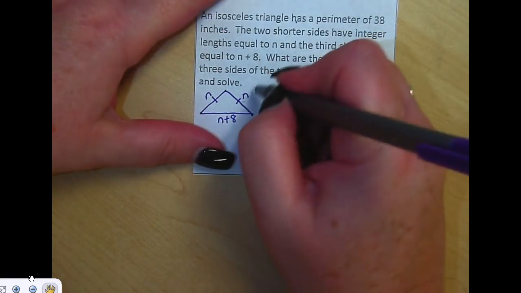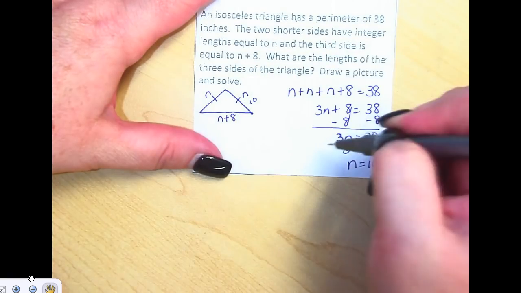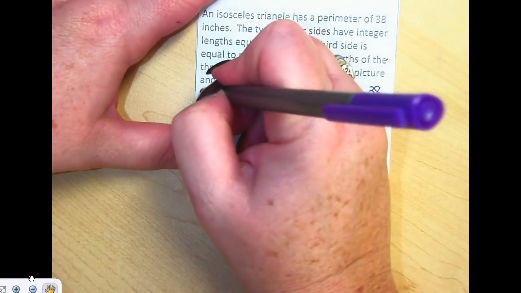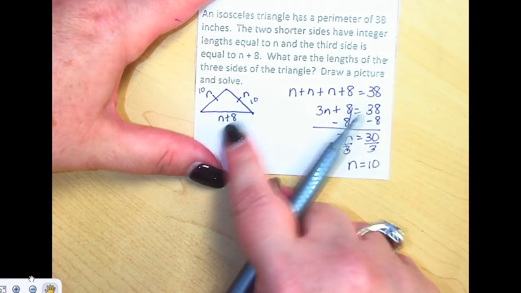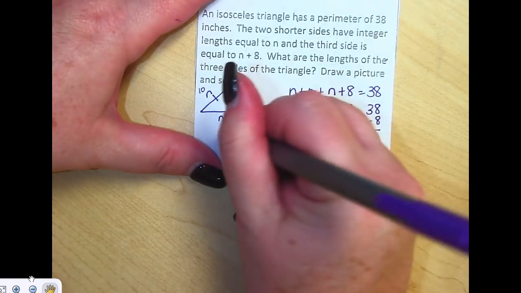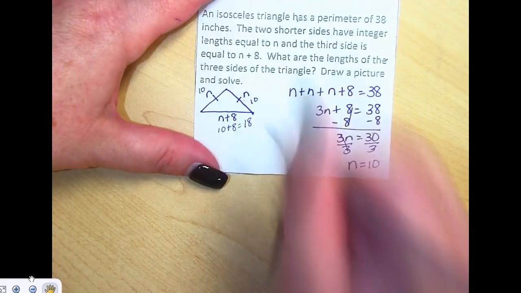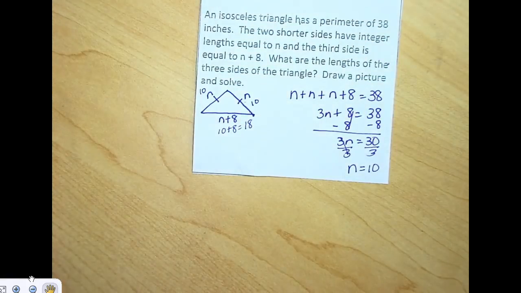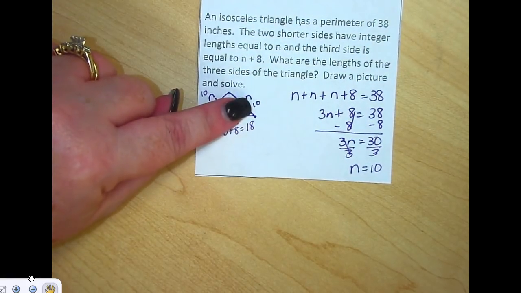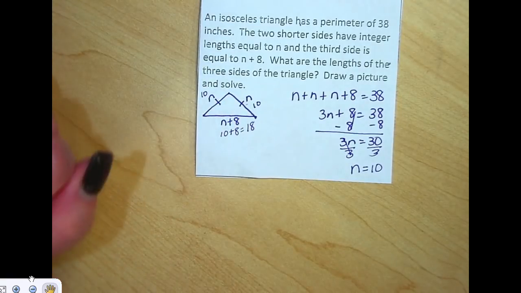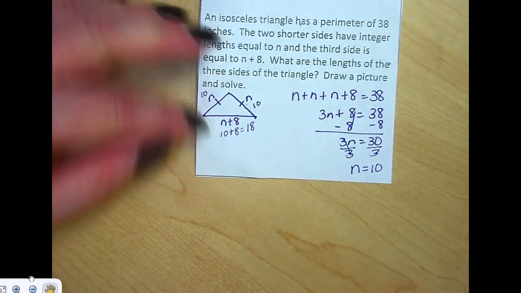So I know that this side is 10. I know this side is 10, but is this side 10? No, it's 10 plus 8, and that equals 18. And then if I added those up, 18 plus 10 is 28, plus another 10 is 38. So